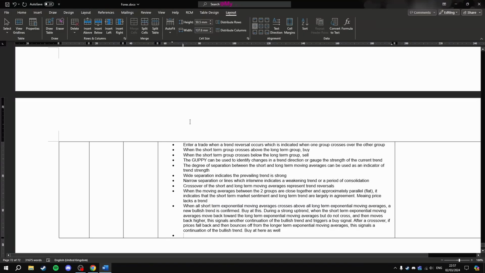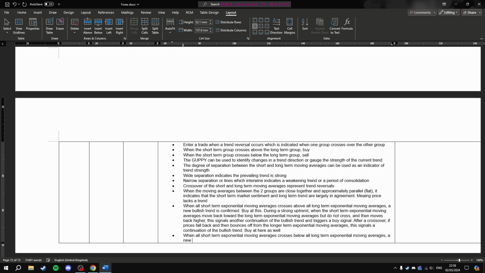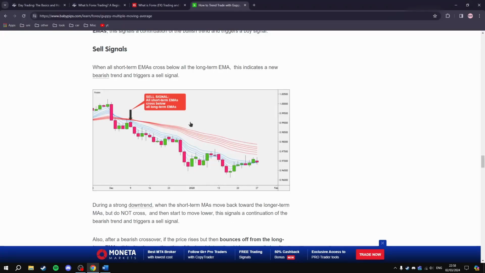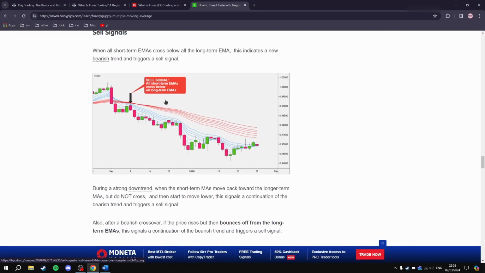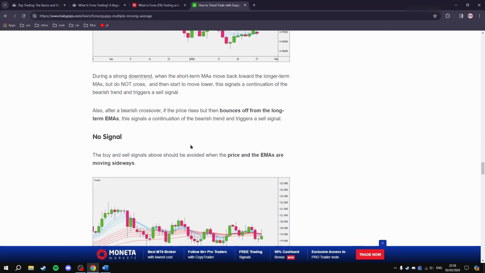Sell signals. When all short-term exponential moving averages crosses below all long-term exponential moving averages, a new bearish trend is confirmed. Sell at this. During a sell signal, yep. During a strong downtrend,